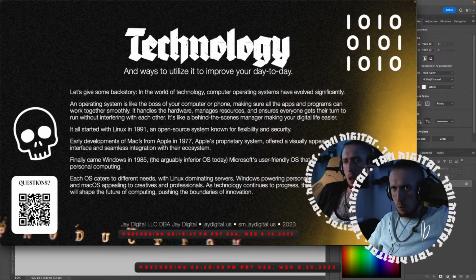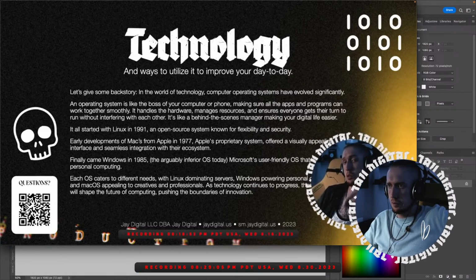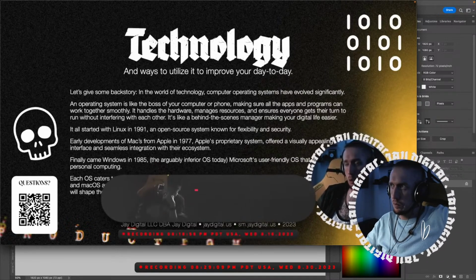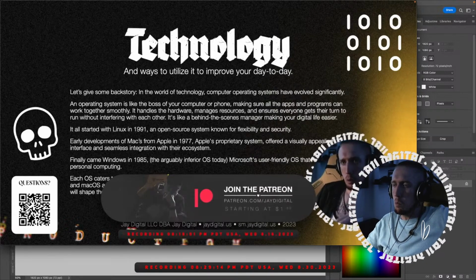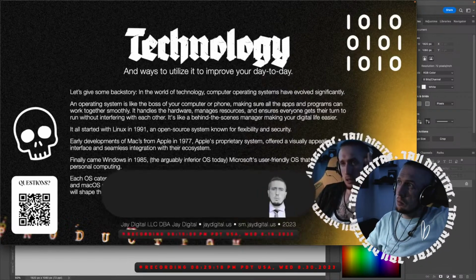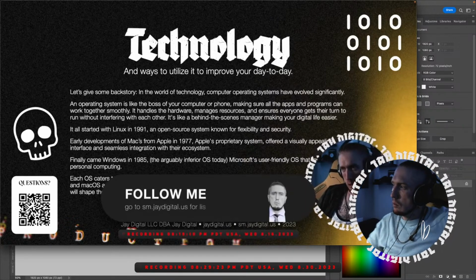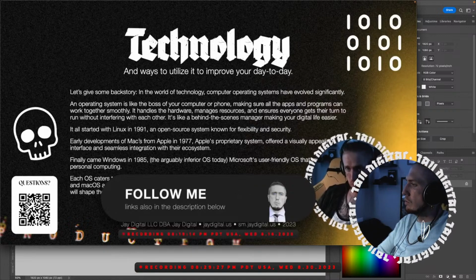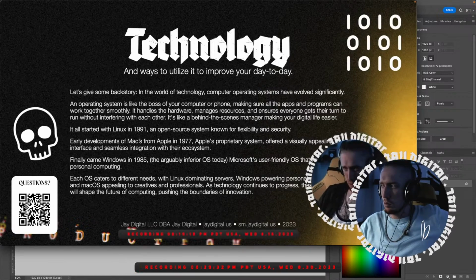An operating system is like the boss of your computer or phone. They both have operating systems, making sure all the apps and programs can work together smoothly. It handles the hardware, manages the resources, and ensures everyone gets their turn to run, as far as applications, without interfering with each other.